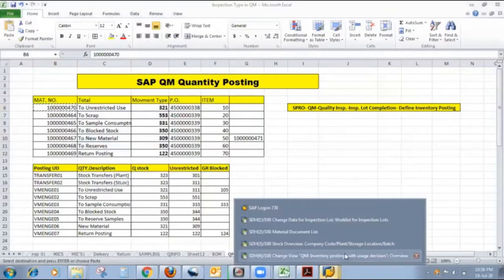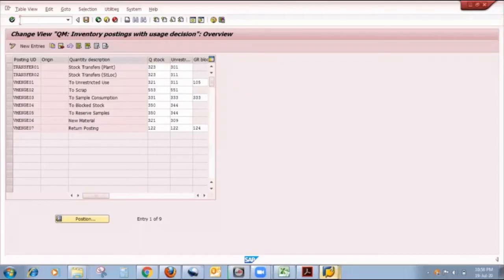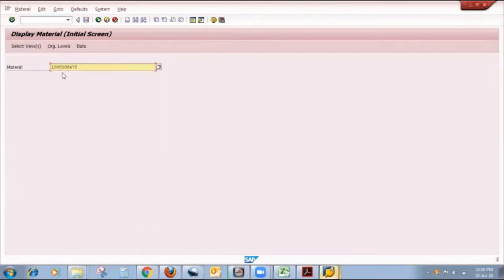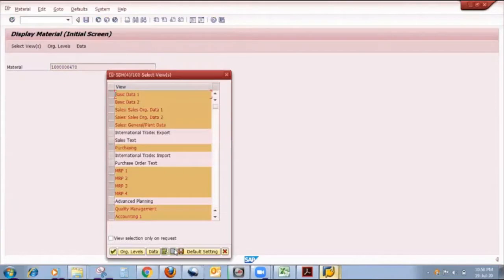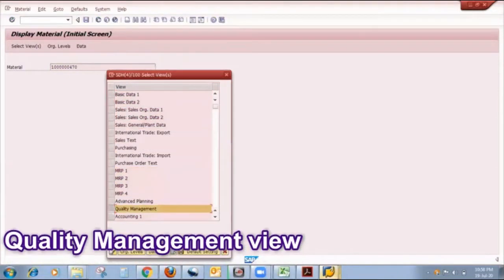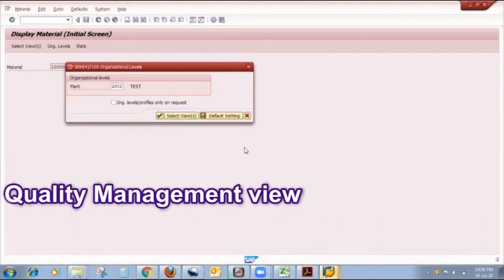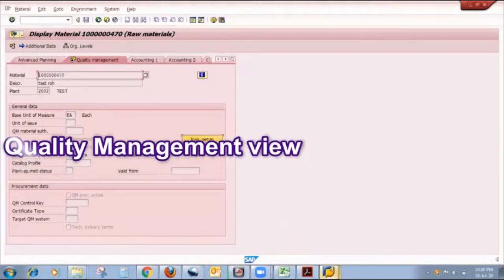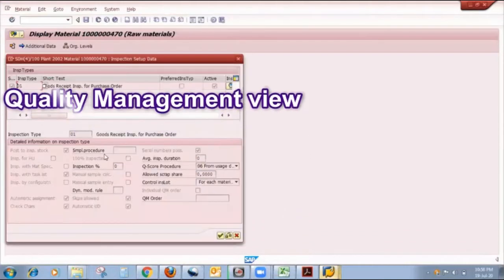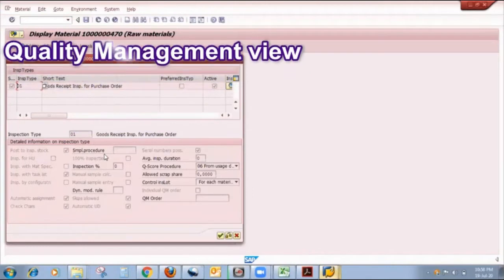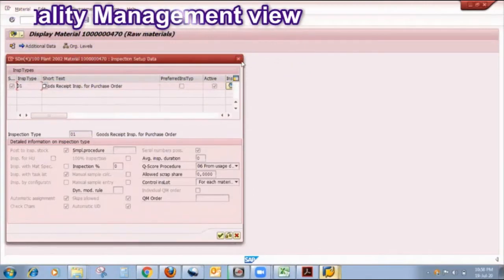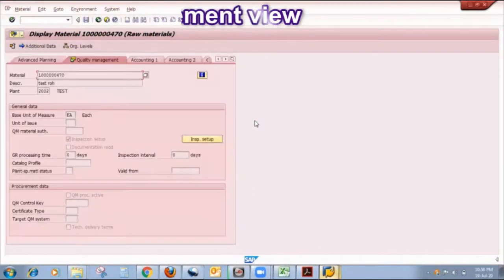So here I will show you my quality management view related to that material. Yes, I want to maintain the quality management view. This is my quality management view and this is my inspection type 01, that is goods receipt inspection against purchase order.